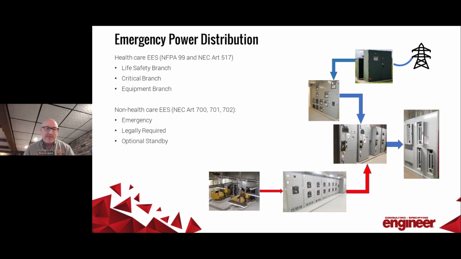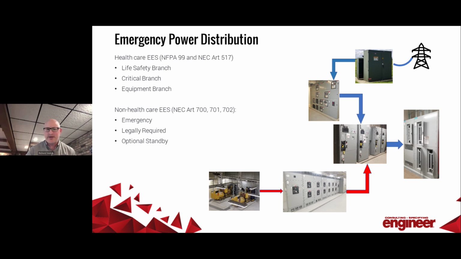So while NFPA 110 doesn't actually tell you the branch designations of switches, we have to look at NFPA 70 specifically for that. Now, we're going to get to Chapter 6 in NFPA 110. That's going to talk to us about transfer switch equipment. But the branch designation happens in other sections. For example, if you're healthcare, your NFPA 99 and Article 517 of NEC, you're going to have life safety, critical, and equipment branches. Now, the designations and what can be on there is within NFPA 99 and 517.